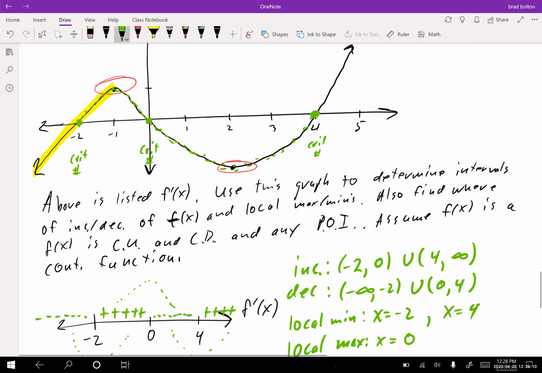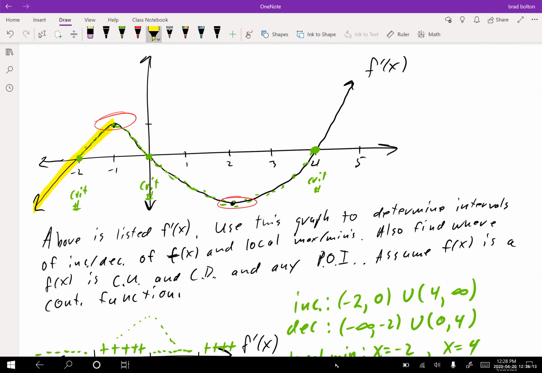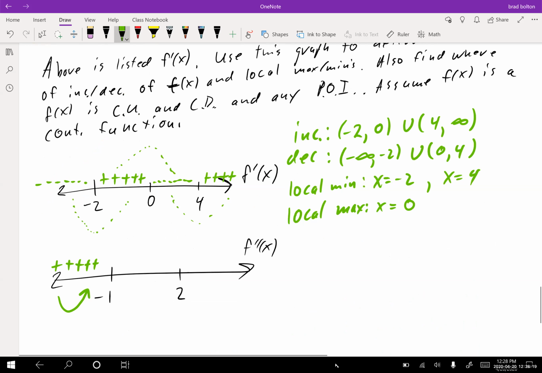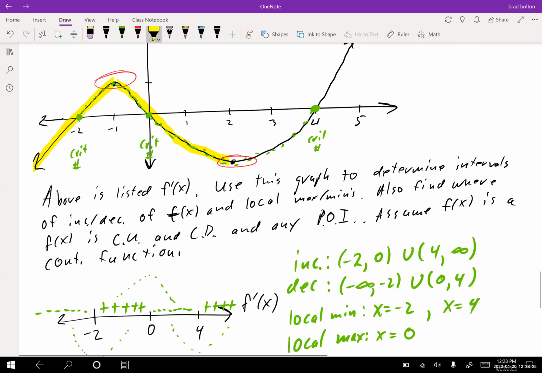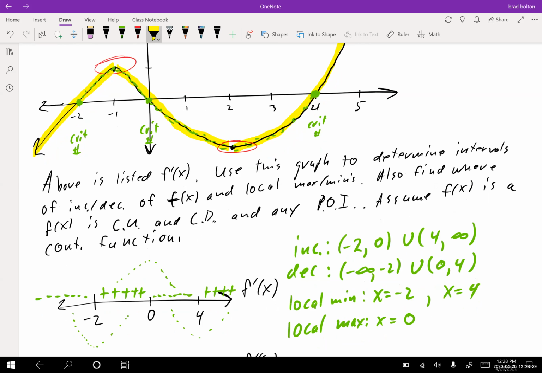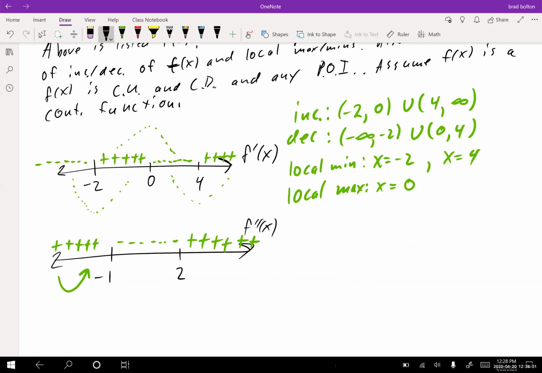Now, in between -1 and 2, look at all these slopes. These are all decreasing slopes. These are all in the negative direction. So then we're going to say that this is negative, negative, negative. And then I think you guys get the feel for it. It's positive, positive, positive after that. If we come over here, these are all positive slopes now in this direction. Okay. So we now can say concave up from -infinity to -1, union 2 to infinity,